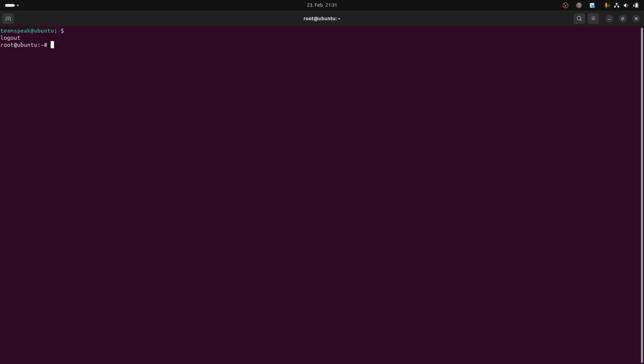I'm going to log out as Teamspeak because I'm not going to need it anymore, and I'm going to create a service. What the service is going to do basically is telling our server to start a Teamspeak server when the server is starting up, stopping the Teamspeak server when we put in a certain command, and so on. You can do this by